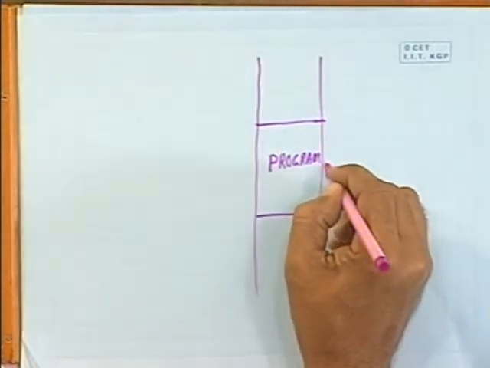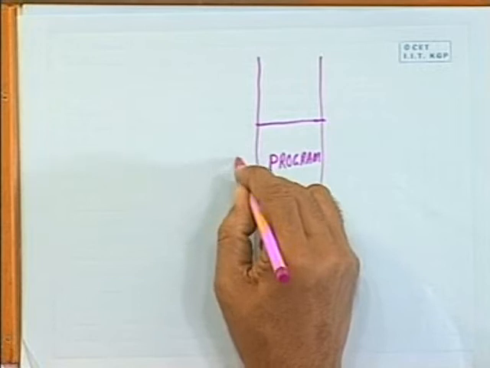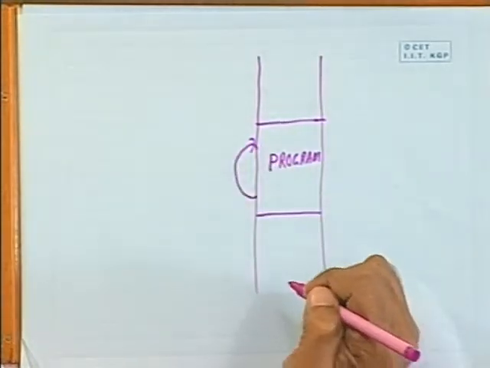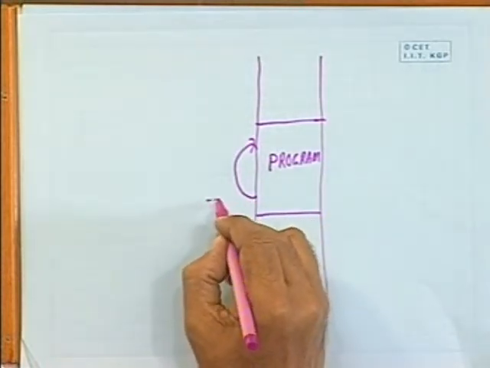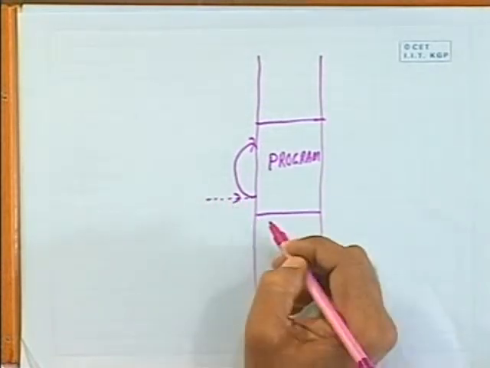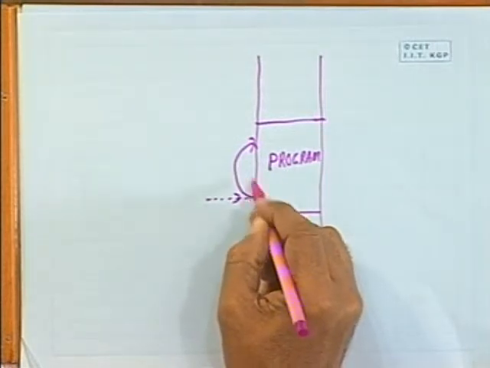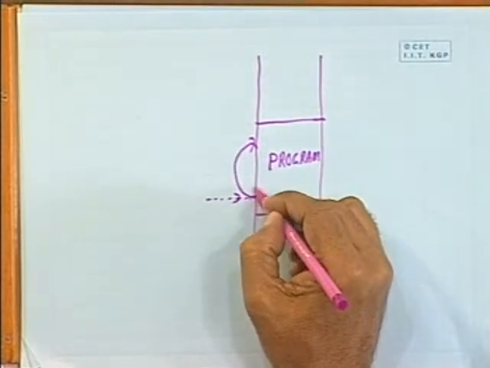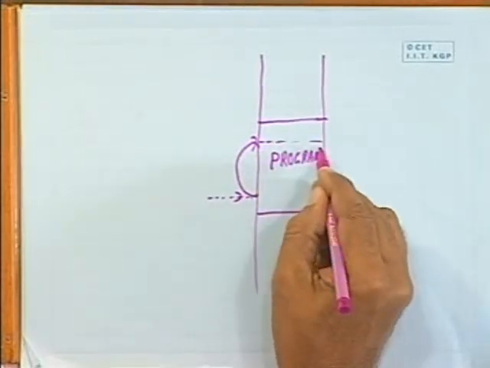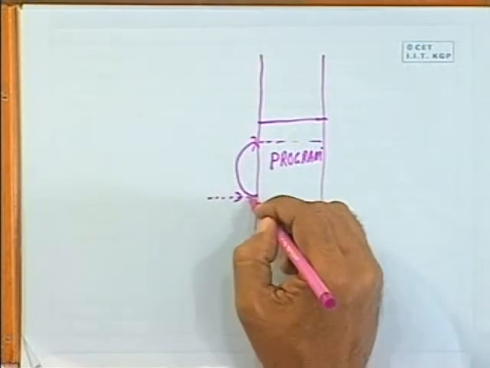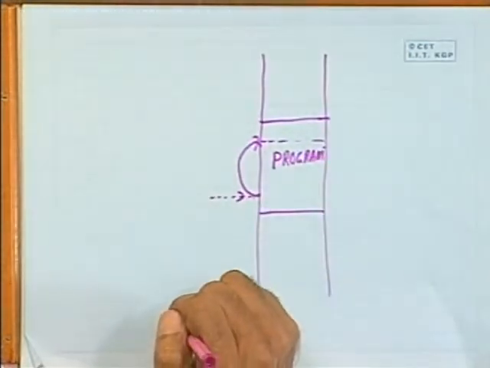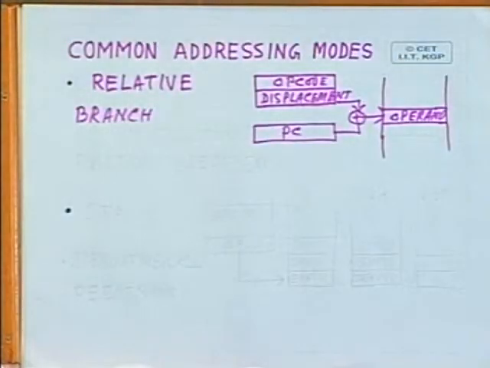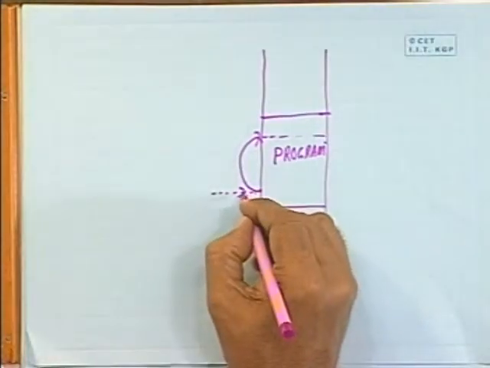Now, within this program, you may be looping between this part, and the program counter was pointing at this point, let's assume. Then with respect to the program counter, this offset value, the displacement, would be added to the program counter to jump to this location. So, this kind of looping or jumping can be done within a program, and this has one advantage: since it is with respect to the program counter,